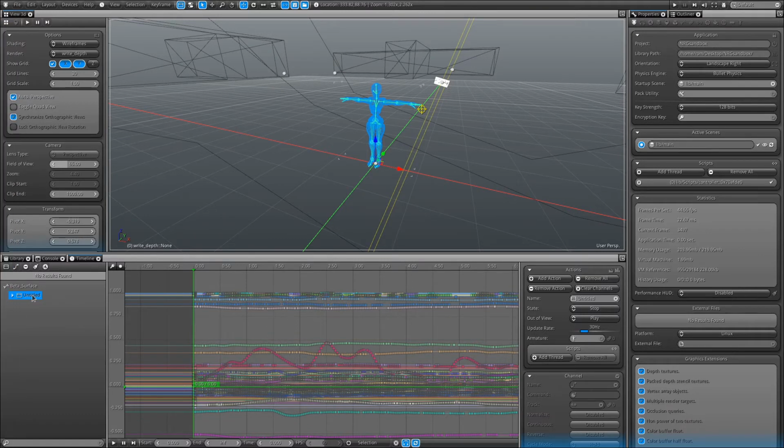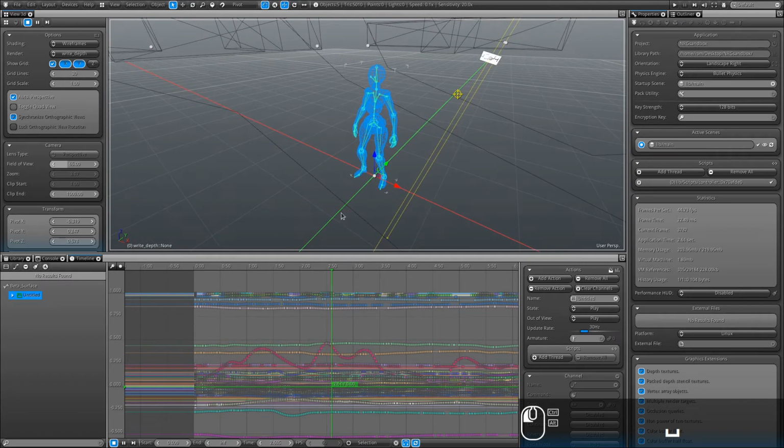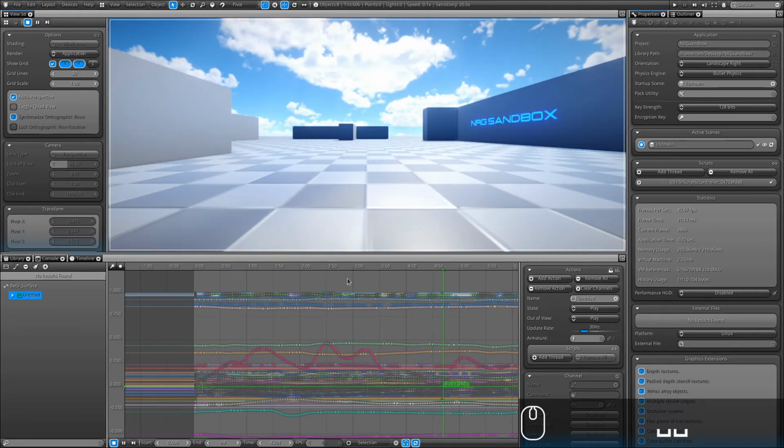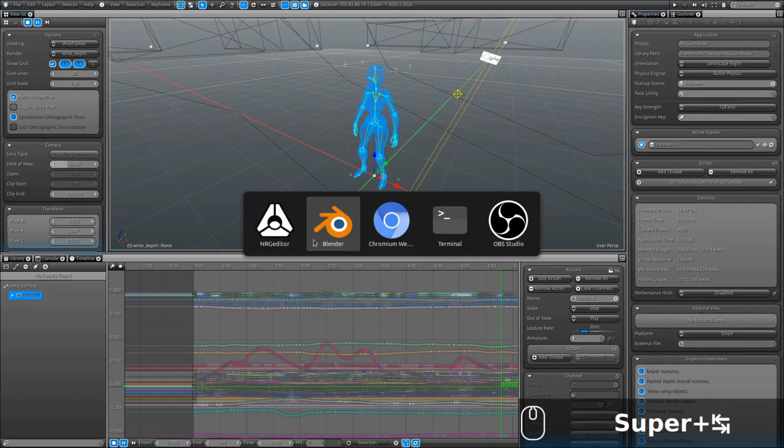So I am going to set the state to play, and I'm going to push spacebar. And as you can see, my idle animation is now running. Now the next step will be to append an action, another action, so we can then start blending using an action controller. I'm going to push here to make sure that this one stops, and I'm going to go back into Blender,